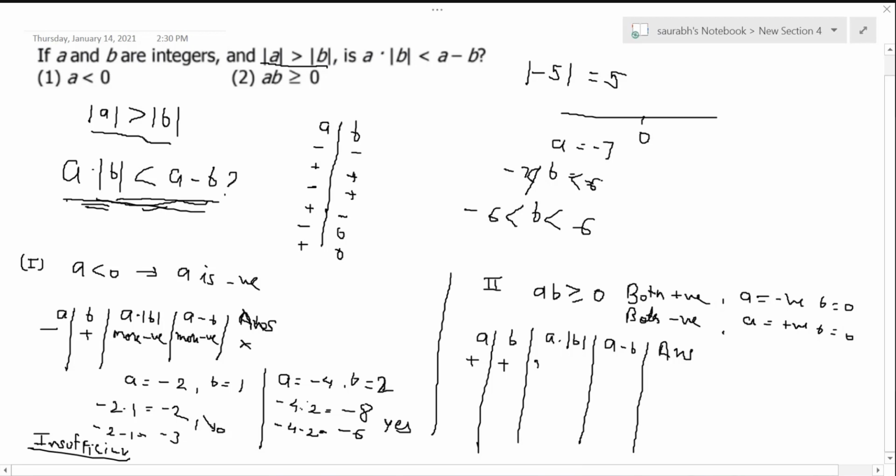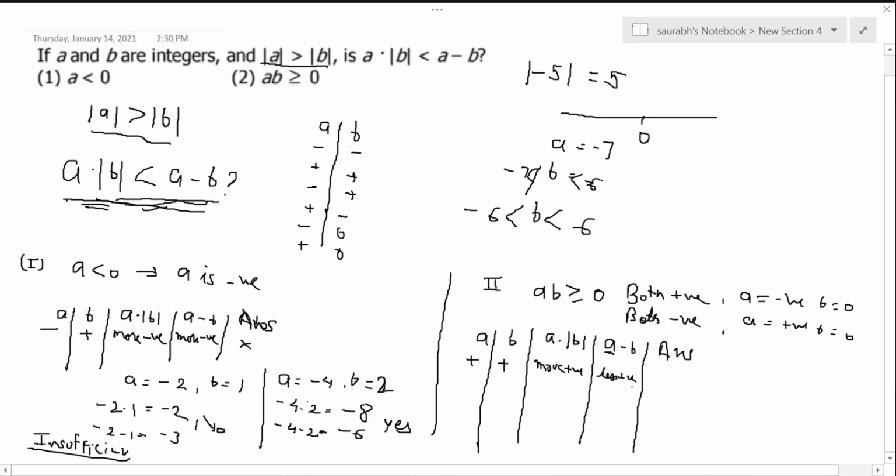Positive. It will be more positive compared to A. Now, what happens to A minus B? It will be positive, but less positive, because we know that A has to be greater than B if both are positive. So positive minus positive will be less positive compared to A. Because if your A is, let's say, 7 and your B is 5, then 7 minus 5 is less. Remember, A is farther from 0 than B.